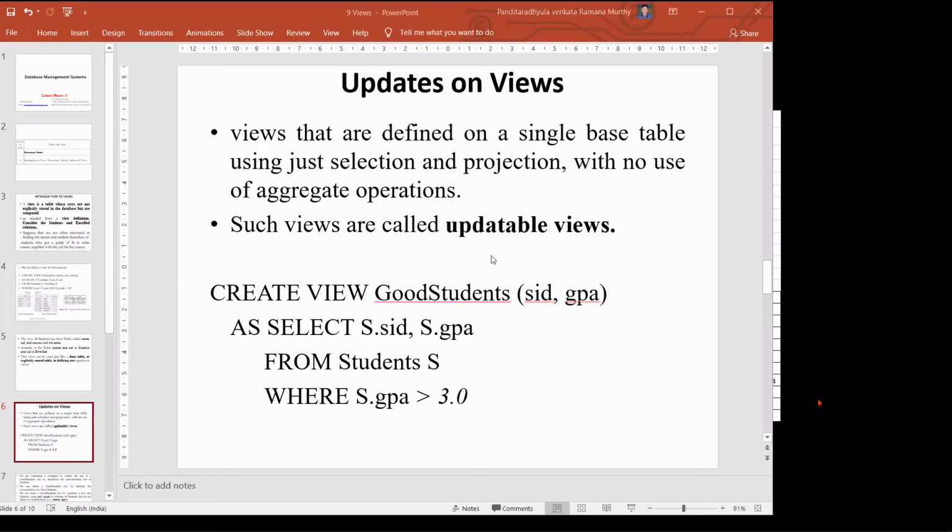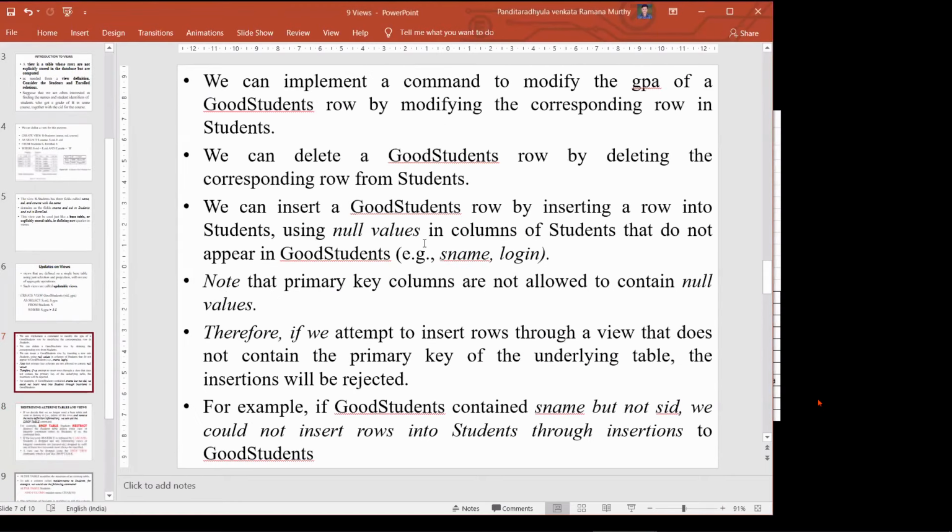We have not used aggregate functions yet. We are going to see what aggregate operators mean, full-fledged operations, later. If the view we just created does not have aggregate operators and is created from a single table, the view can be updatable. If you are using aggregate operators, you can't simply update it.